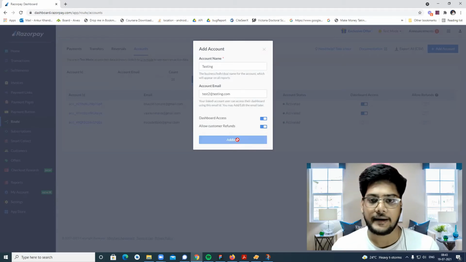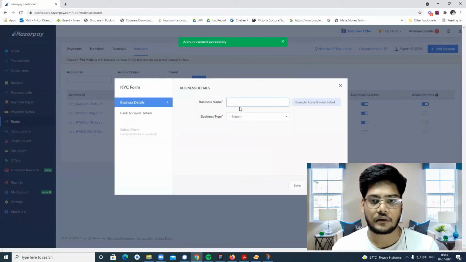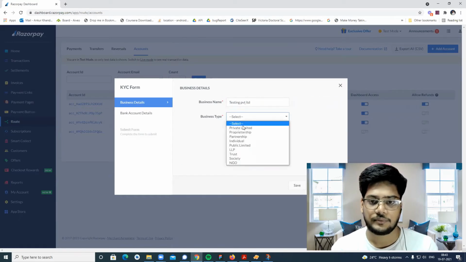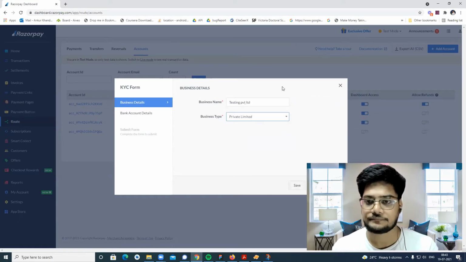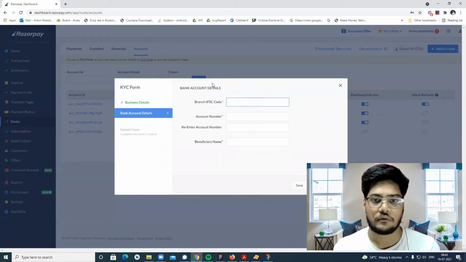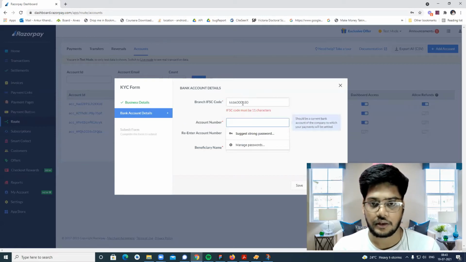And add the business name. I'm just putting testing private limited. Choose business type, private limited. Click on save, go to the bank account details, put anything, for example, just for testing we are using KKBK 180 11 factor.